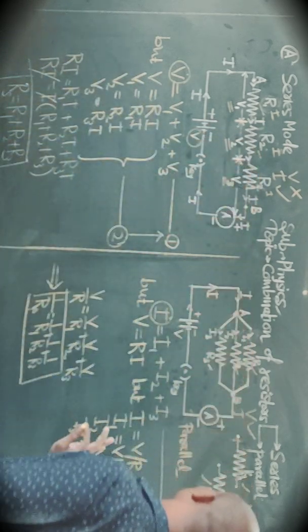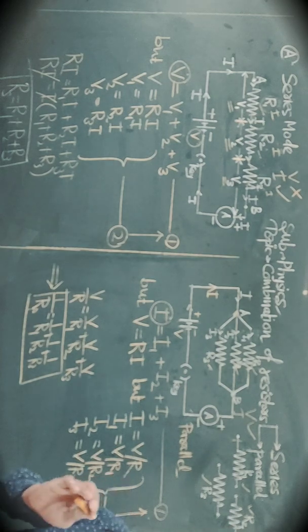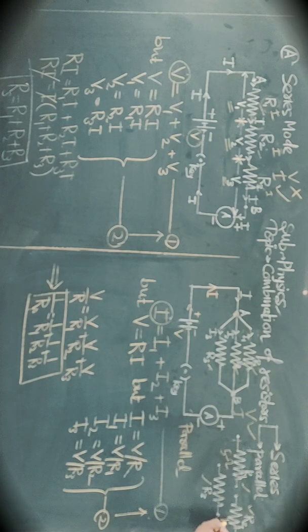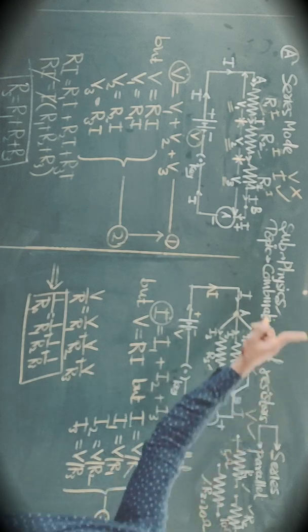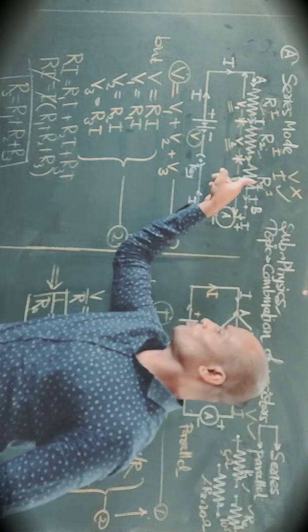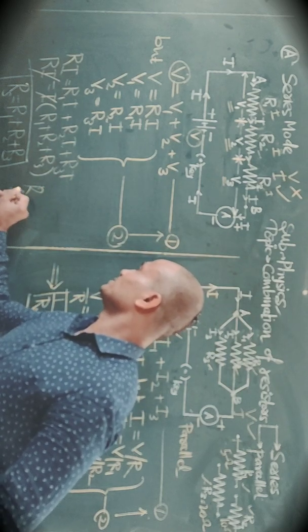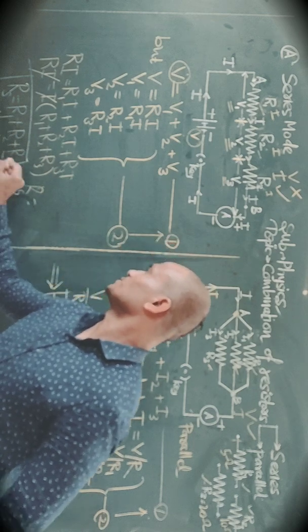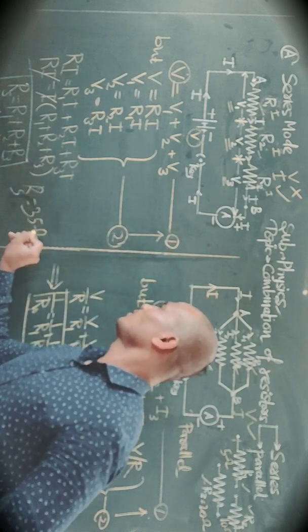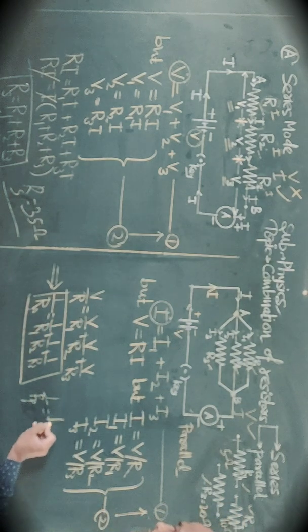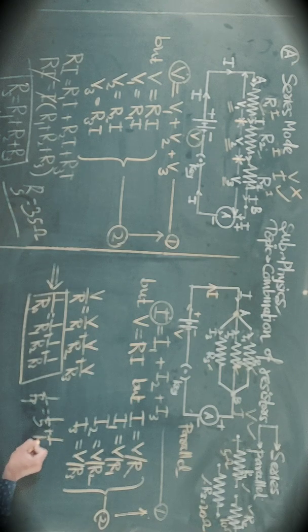So we understand easily. Let us assume some values for R1, R2, R3. Say R1 is 5 ohm, R2 is 10 ohm and R3 is 20 ohm. So if you connect them in series, 5, 10, 20, the net resistance will be 5 plus 10 plus 20, 35 ohm. And in parallel it would be 1 upon Rp is equal to 1 upon 5 ohm plus 1 upon 10 plus 1 upon 20.